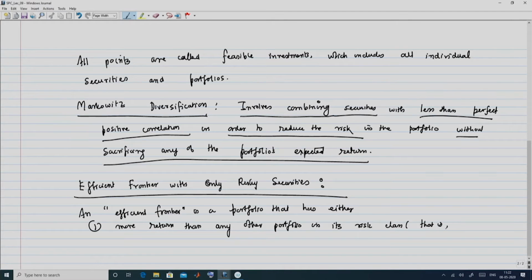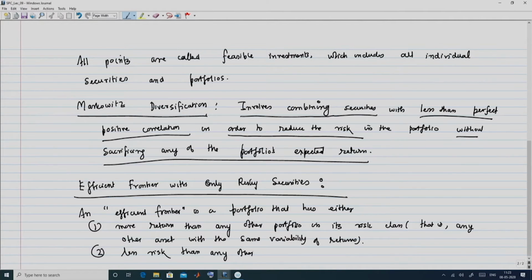This means that any other asset with the same variability of returns, and secondly, it has less risk than any other security with the